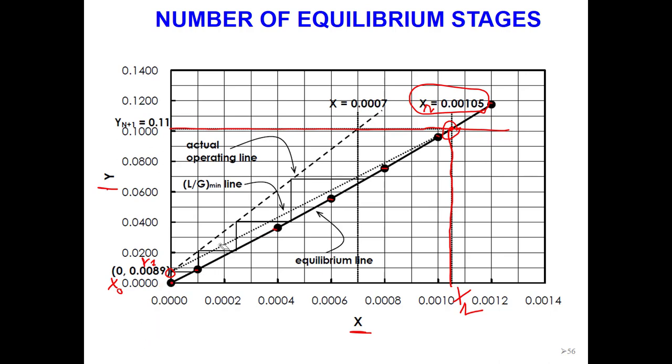This is one point, this is another point. So you have 2 points, and you can find L over G minimum, the slope of this line. Let's say this is your point A, this is your point B. When you have 2 points, the slope of the line between those 2 points is